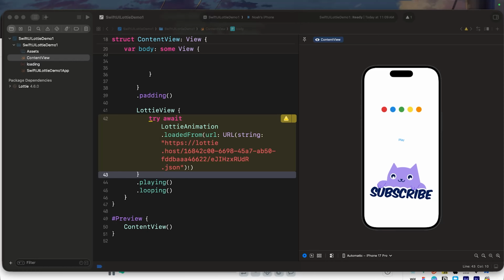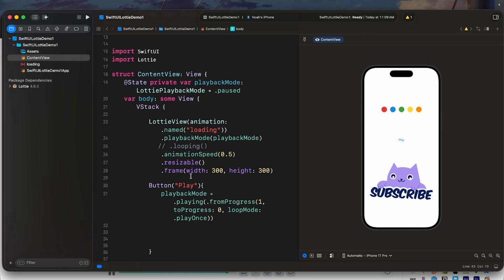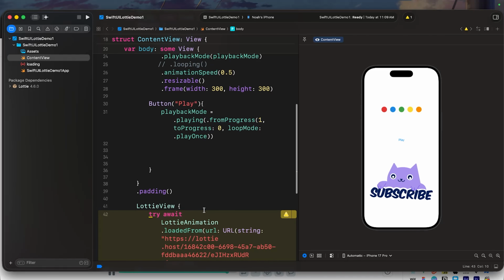If you are loading something, always feel free to layer like a progress view behind it with like a ZStack if you want a loading indicator. Once the JSON arrives, it will render automatically. I'd actually recommend hosting these on your own server. This way, if you do need to update or change the animations, the link can stay the same. Okay, so that's how you can add them locally, add some playback modes, change those values, as well as